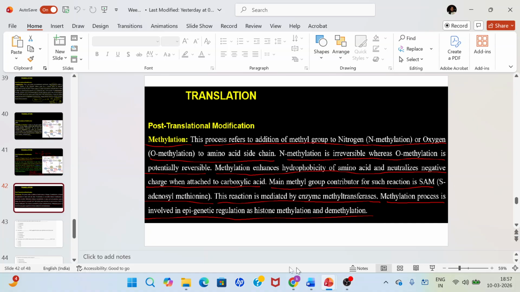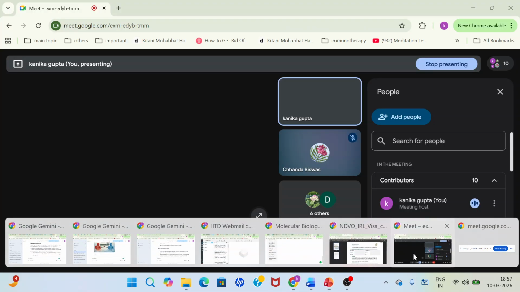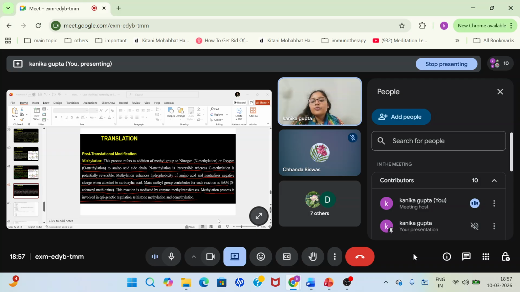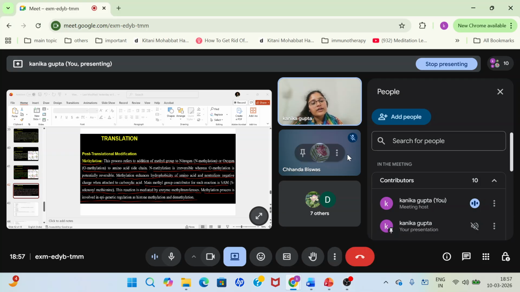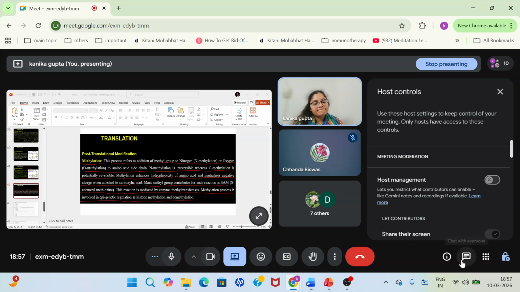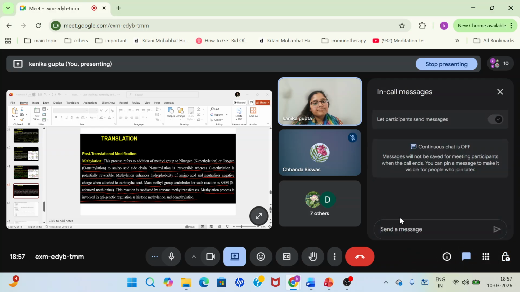So this was what you must have read in last week's lecture. I hope you understood this part clearly. If you still have any queries, we can discuss it in this lecture. And if you don't, we can move towards the assignment discussion. So I'm waiting for you if you have any query. Otherwise, we'll move towards the assignment discussion. Any queries, anyone? Should I move towards the assignment discussion part? Okay.